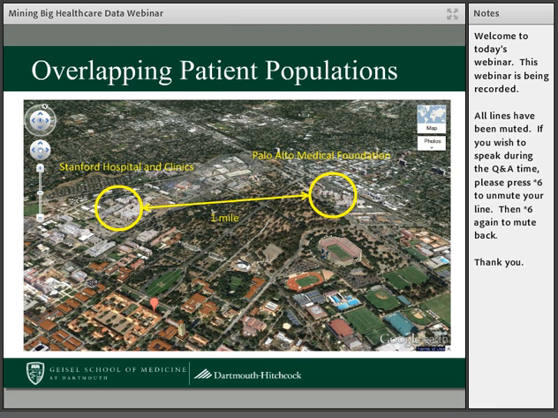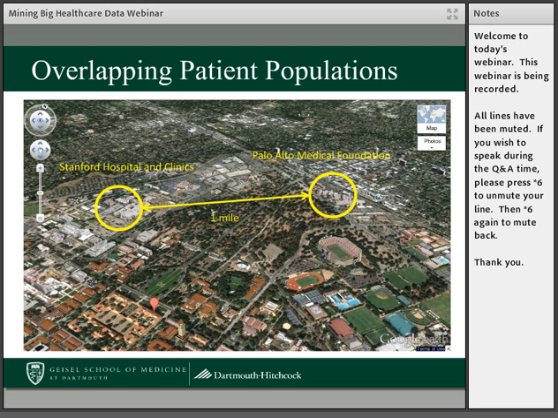So the reason that we chose to collect data from two different institutions together was just the nature of the geography of how the healthcare system works in the Bay Area. What you're seeing here is a Google map of Stanford Hospital, which is located on the Stanford campus, on the bottom half of the picture. And across the street, with El Camino Real, the main street cutting from San Jose to San Francisco, is the Palo Alto Medical Foundation. So these are two sites of care that are a mile apart from each other. And it's well known that patients will go back and forth between these two sites.